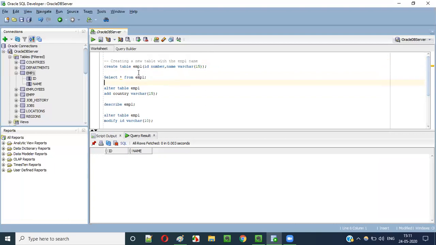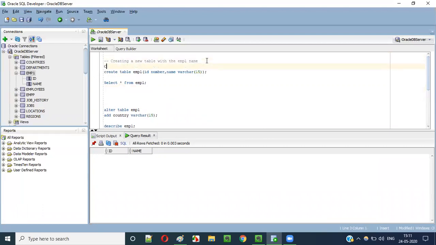Now one more thing: here I would like to write multiple lines of comment. For example, altering the table like this. Here my comment is two lines, not a single line. This is the first line of the comment and this is the second line. But the double hyphen works only up to the end of the line. For the next line you have to provide a double hyphen again.